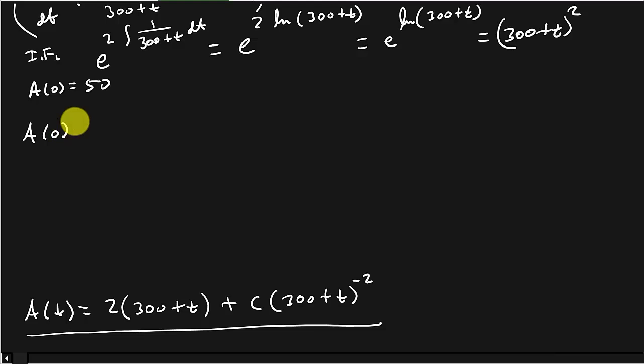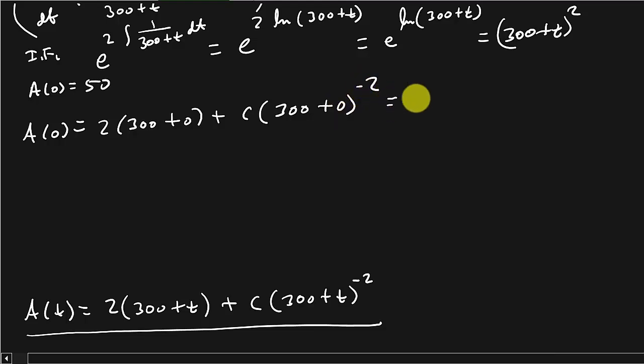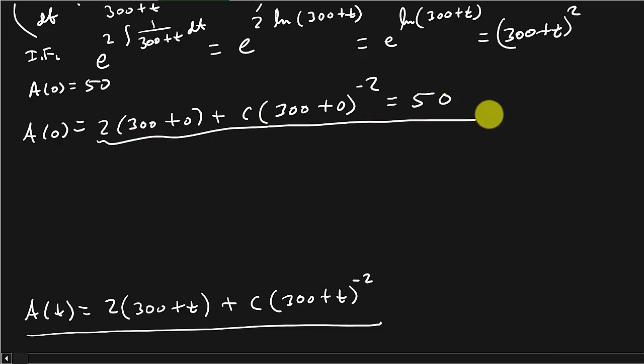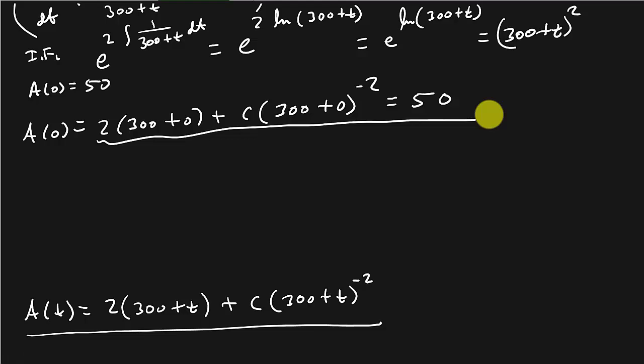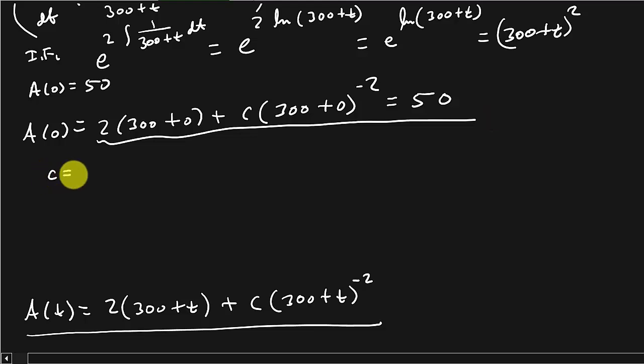A of 0 is equal to 2 times (300 plus 0) plus c times (300 plus 0) to the negative 2, which should equal 50. When you solve this equation for c, that shouldn't be too hard. You're going to get c is equal to